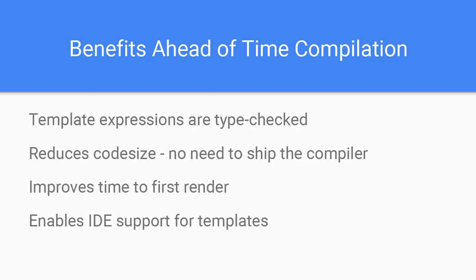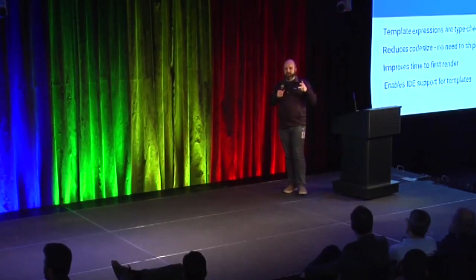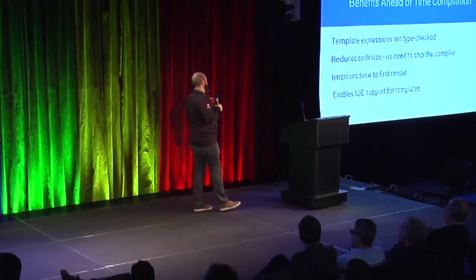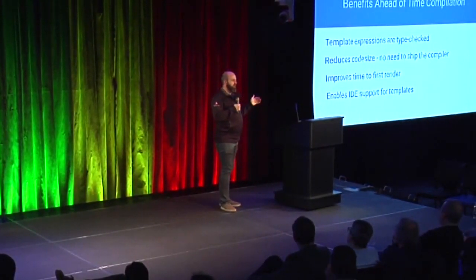catches errors. Second, it reduces code size, because the code that had to parse the template, that had to look for the double squigglies, now runs as part of the build, so you don't even need to ship it to the browser. So part of the framework is now pulled out. Instead of sending it to the user, we just keep it as part of our build. Third, time to first render, so executing that interpreter doesn't have to happen in the browser. First render is improved. And fourth, you're catching errors as part of your build.